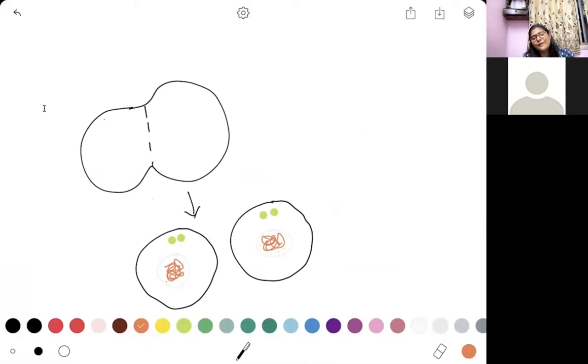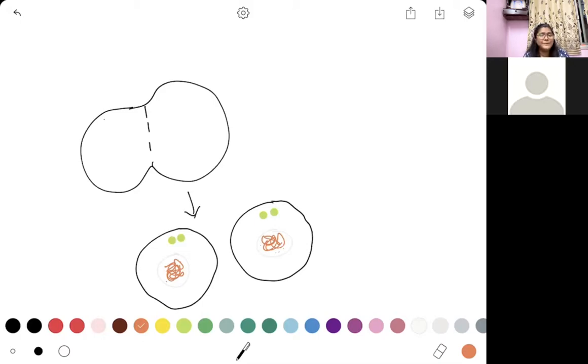And now this cell will undergo the process of growth. It will undertake the entire G1 phase. Then it will go to S phase. It will go to G2 phase. Then it will undertake the entire mitotic phases. So after interphase, you're going to have prophase, metaphase, anaphase, and telophase. Once those four steps are done, your cell will undergo the formation of two new cells, which is called cytokinesis, and that is where your mitotic cell division is going to stop.